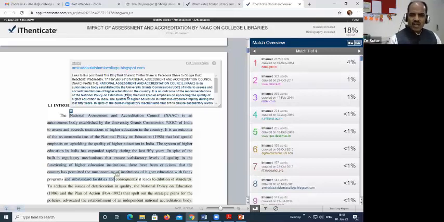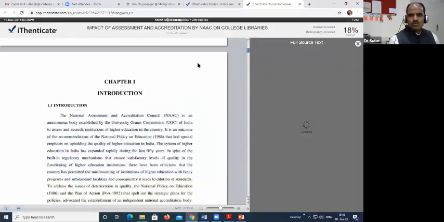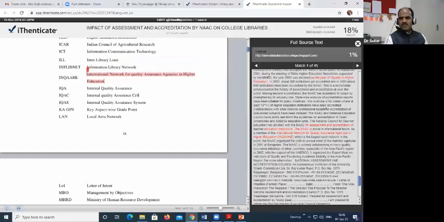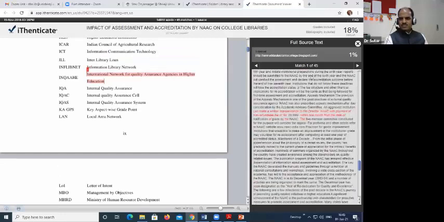Basically, she might not have taken it from this source. Even it might be possible that this person has taken this from the NAAC website, but it has the similarity. So if we click here on full source view, you will find the full source text in the right window. See, this is the full text source.